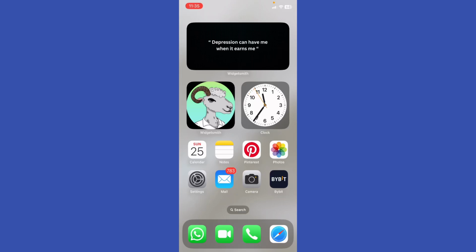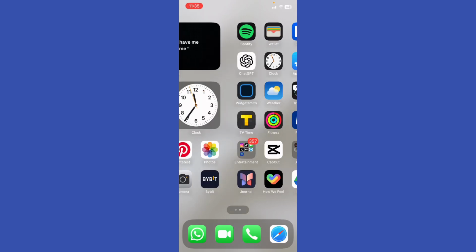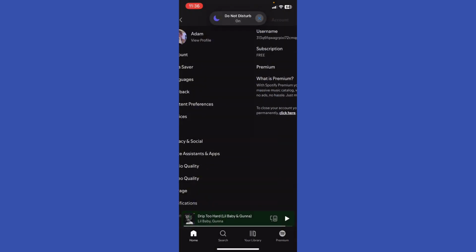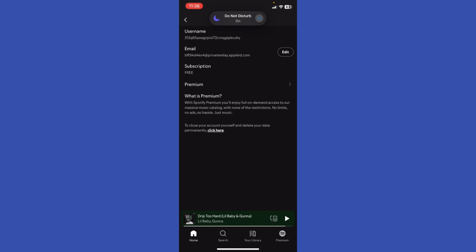How to check Spotify login details. So first of all, launch the Spotify app or visit the website and log in with your account. Click on your profile icon at the top right or the top left corner, depending on your language. Select Account from the Settings and Privacy. Go ahead, select the account, and here you can see account information, including your email address, which is used